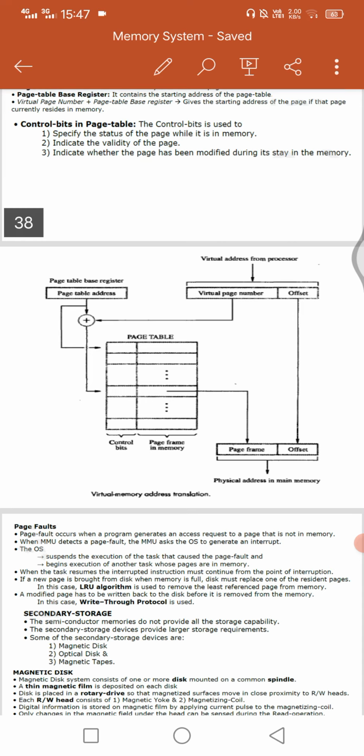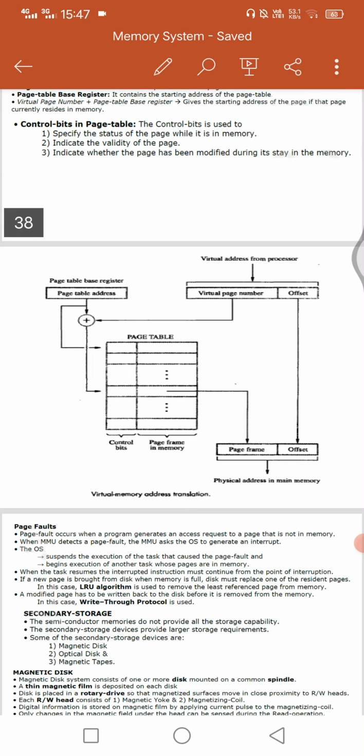Whatever the required data, if it does not exist in memory, the MMU detects that page fault and asks the OS to generate an interrupt signal.